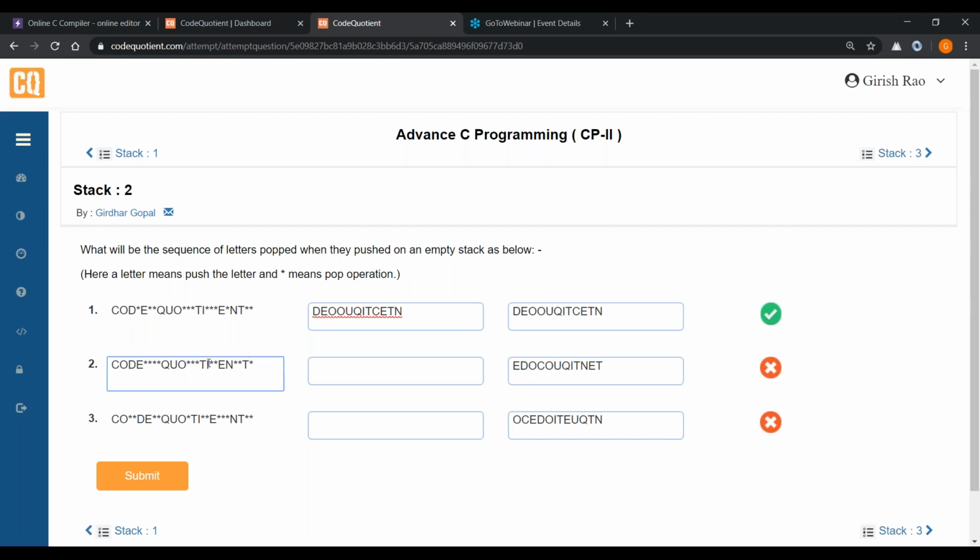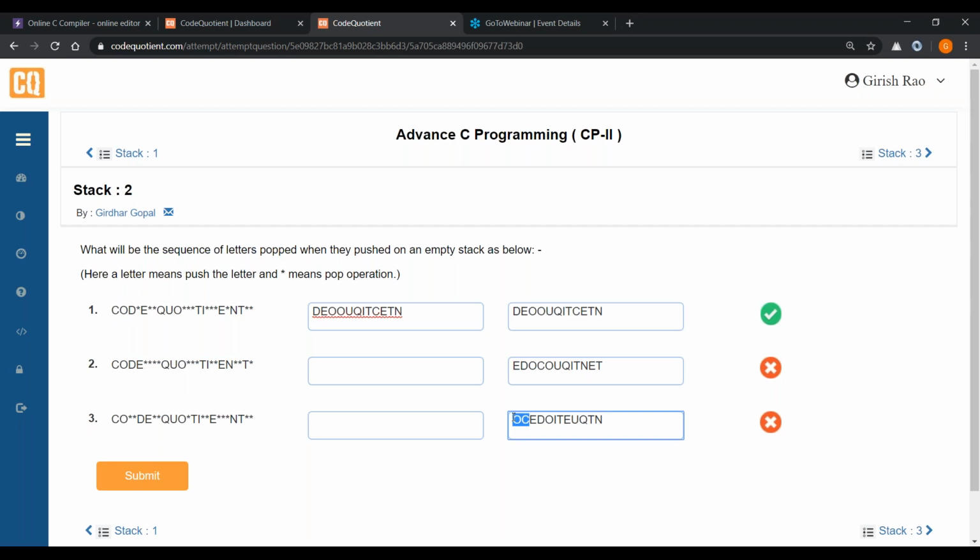Fair enough. Then we said TI. Immediately there were two stars. So it became IT. Then it was EN, these two stars made it NE. Then it was T star, it made it T. Okay. So then we have something called code quotient over here. CO was pushed. Because of the two stars, it was removed.